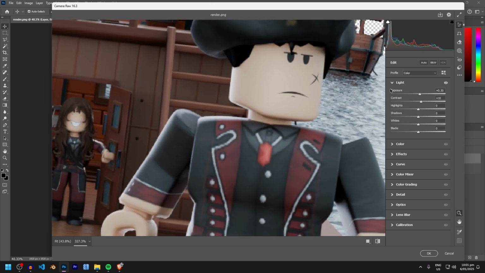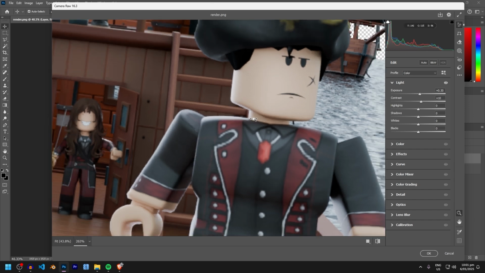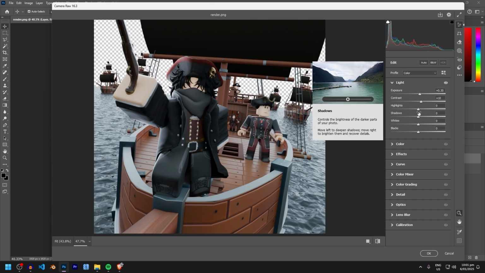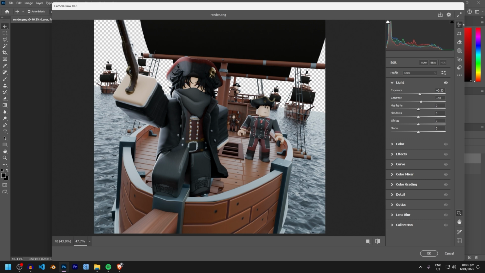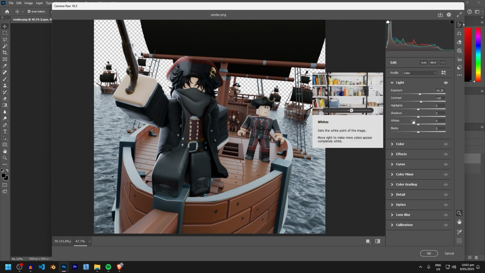If you don't, it's pure white, like exactly the white color. It's adjusting the brightest parts in the scene, but not the actual white color, if that makes sense. Shadows is the same, but for the brightness of the darkest areas of the image without touching the true blacks. And for whites and blacks, the white is adjusting the brightest tones of the image to control the upper end